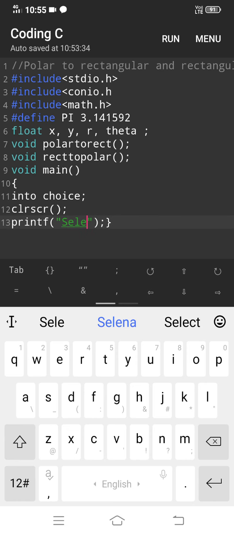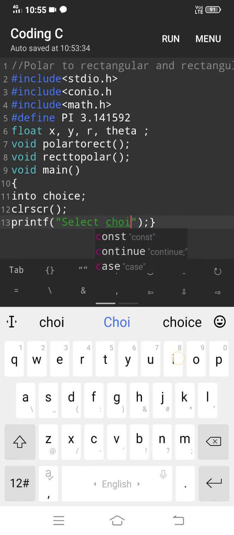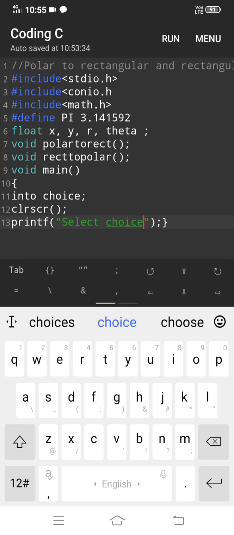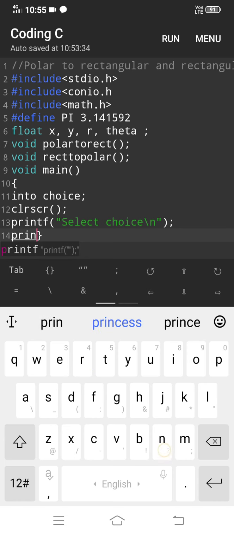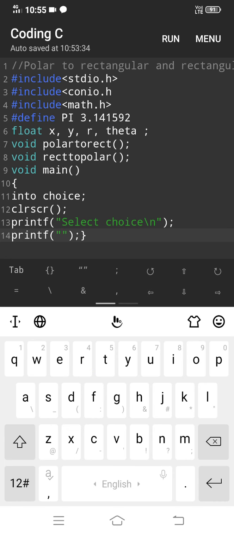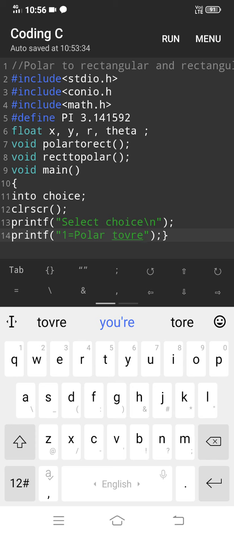So printing the select choice to let the user select, and backslash n is the new line. Printf: 1 is polar to rectangular conversion, and choice 2 is the rectangular to polar conversion respectively.